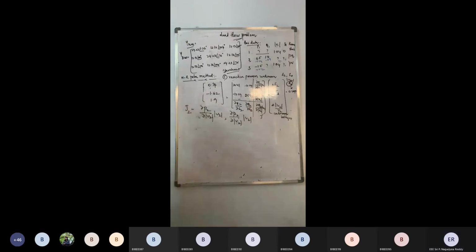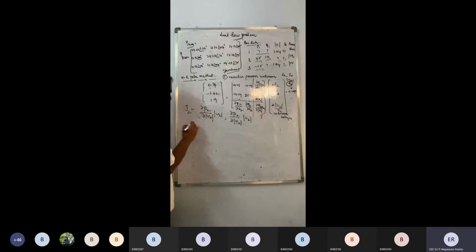This is P2 with respect to V2 and P3 with respect to V2. These are the two known powers, P2 and P3, known active power, unknown voltage magnitude, V2. So now,